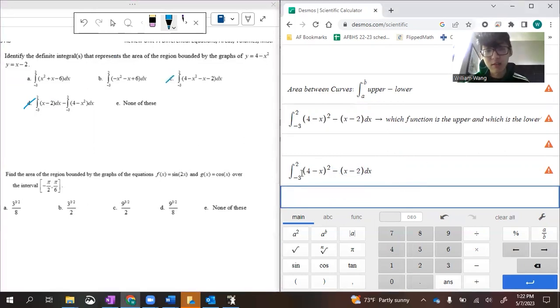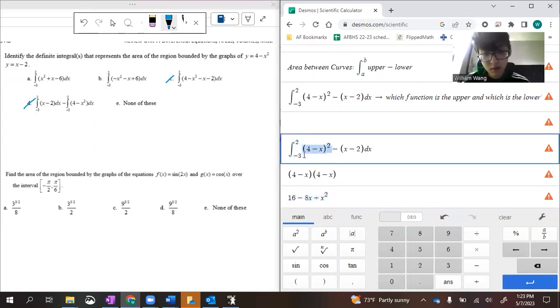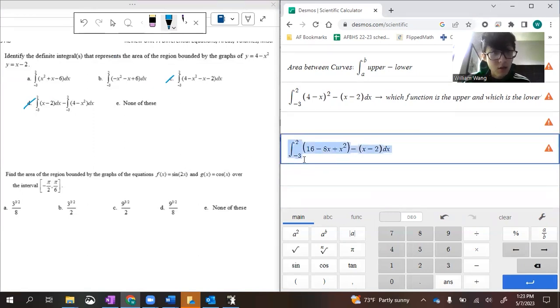Looks like, to simplify this, I actually have to distribute this. I have to FOIL this out. So 4 minus x times 4 minus x, that is equal to 16 minus 8x plus x squared. All right. So I'm going to replace this when I FOIL it in with the 16 minus 8x plus x squared. That turns into the integral